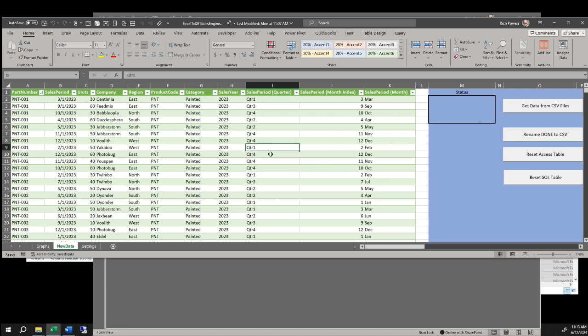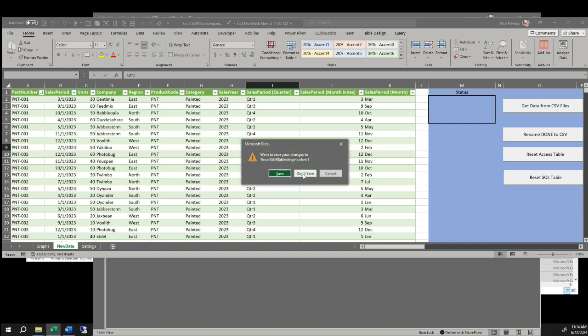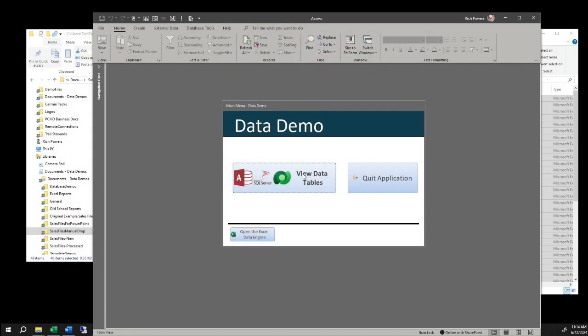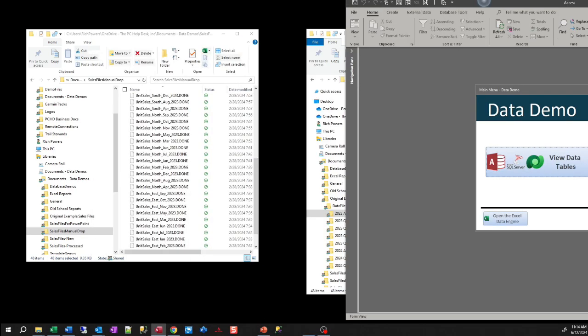I don't need to store the data here. This was just to show us that it's there. I can display the data here, and I don't need to keep it because I've got it in real databases. So I can simply close this file. I don't need to save it because next time I use it, it's going to regenerate the data from whatever files are there. And now that I have the data in a couple of different places,